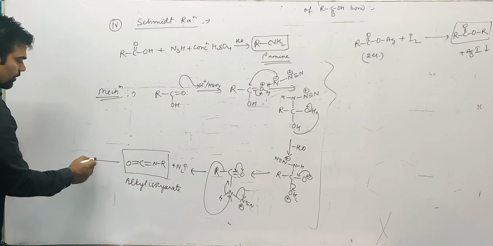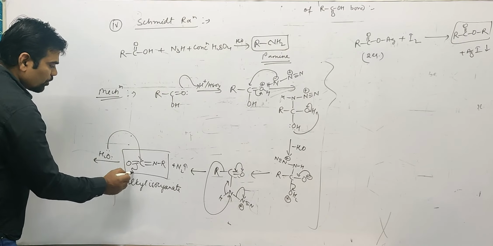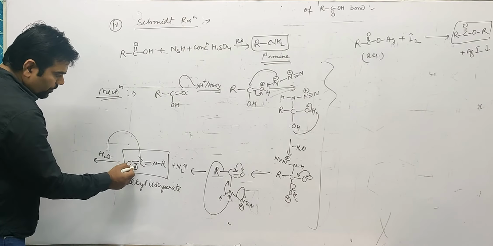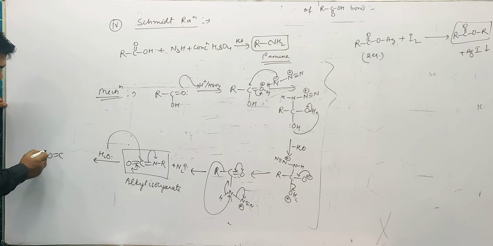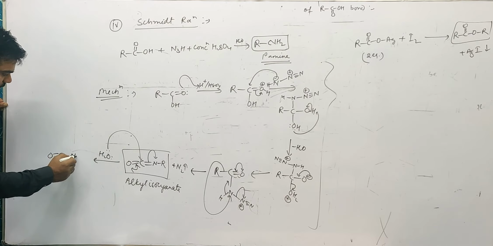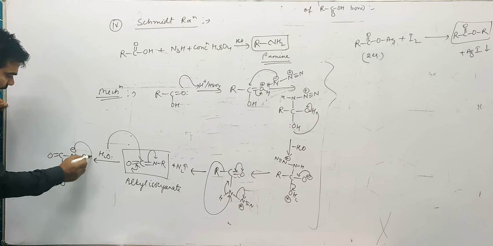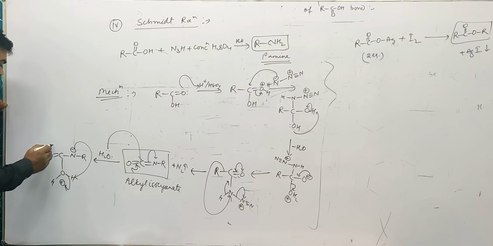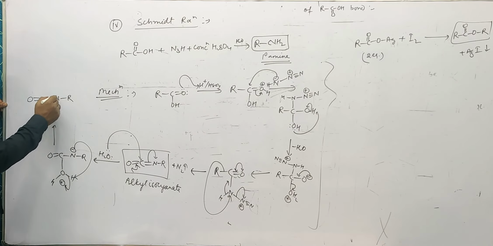This alkyl isocyanate, upon hydrolysis with water, this bond is transferred. This is more polar, goes to oxygen. When it returns back, this bond is being transferred towards nitrogen. So this will be carbon double bond oxygen, attached with nitrogen, and attached with carbon, over here minus. This is attached with OH2 plus. Negative charge is given to this proton. This bond is being transferred, becoming C double bond O, over here nitrogen, at this place R, at this place hydrogen, and over here it is attached with OH group.